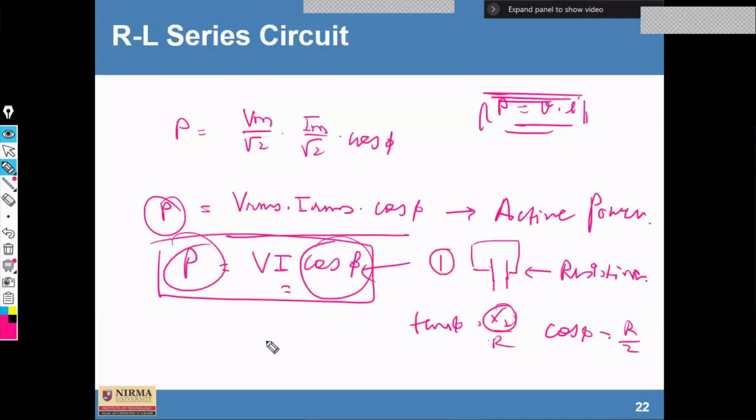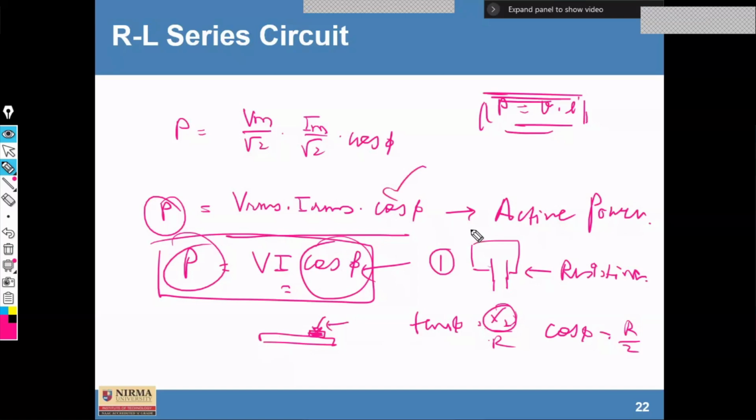Similarly, if a tube light in our premises has a choke coil on it, we may consider it as an inductive circuit here. So it is not a purely inductive circuit. It may be a combination of R and L, because there is always a resistance inside this choke coil. So a tube light is the best example of an RL series circuit where you can apply this equation for the calculation of power.